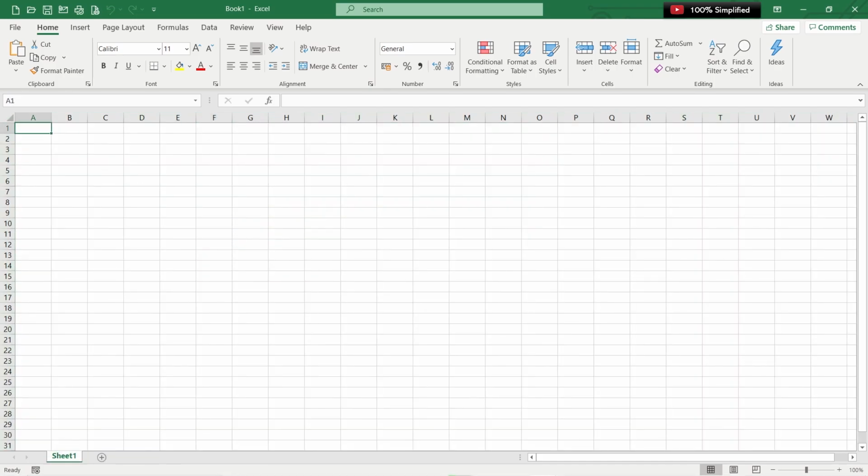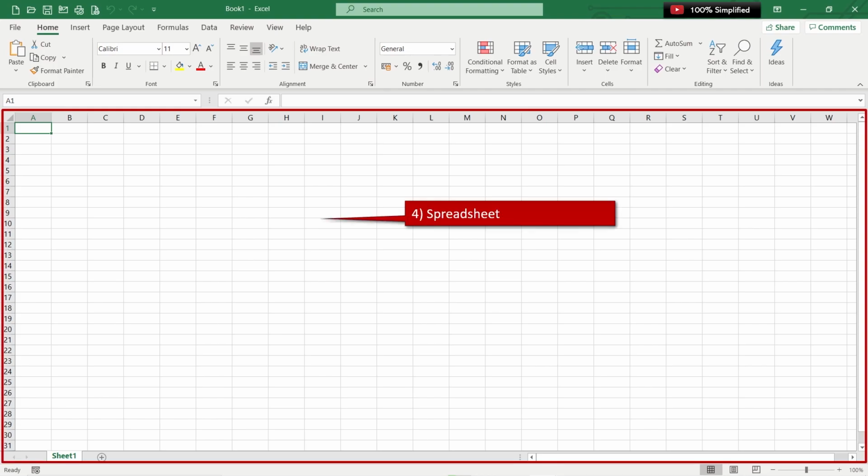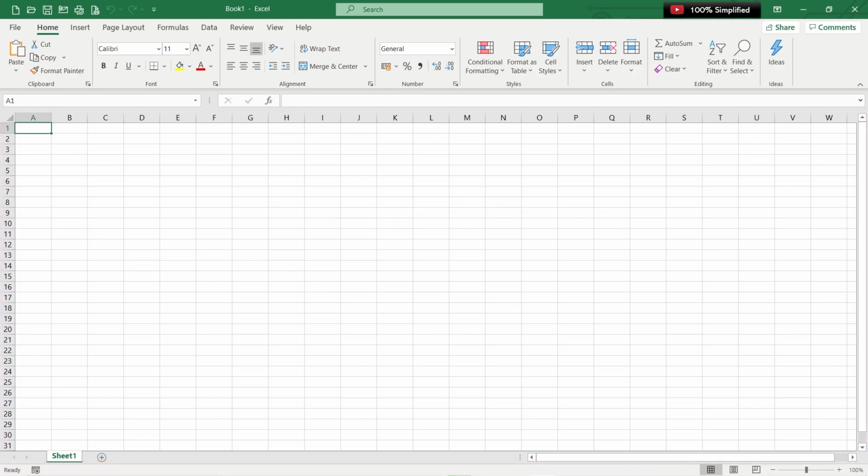One more. As I was mentioning, the spreadsheet section is one of the most important sections of Excel, and it is also very important to understand this section in detail. To summarize how the spreadsheet section looks and what the various elements are, here we go. The first one is the cells. As I was explaining, each of the boxes in the Excel is nothing but a cell. And these cells are fitted into a column and a row, which gives the name of the cell.